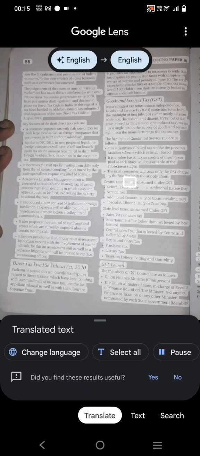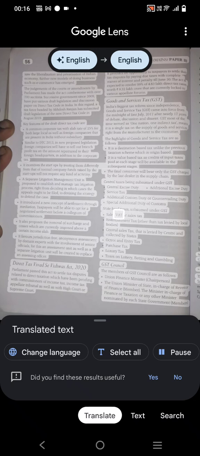Central taxes being subsumed under GST: Central excise duty, additional excise duty, service tax, additional customs duty or countervailing duty, and special additional duty of customs. State-level taxes subsumed under GST: